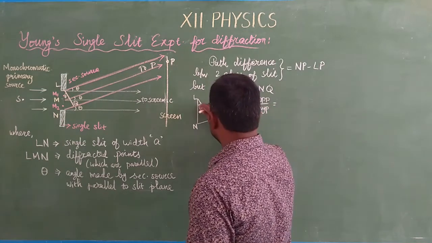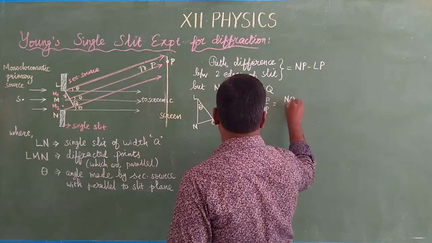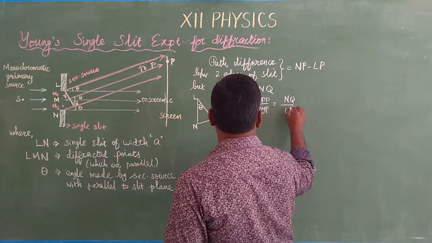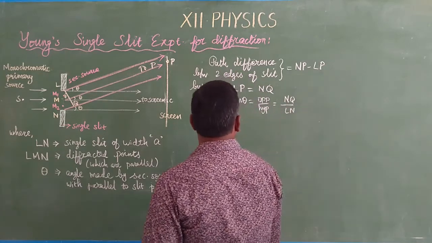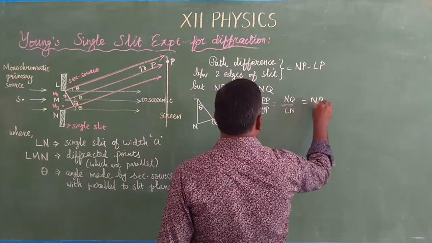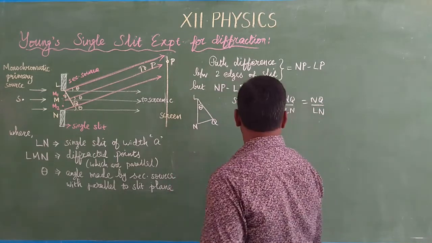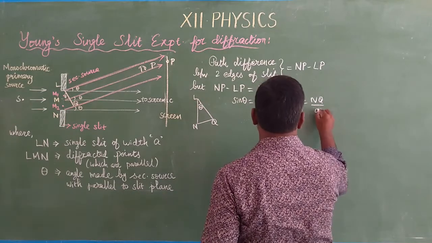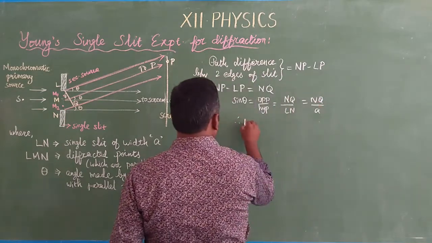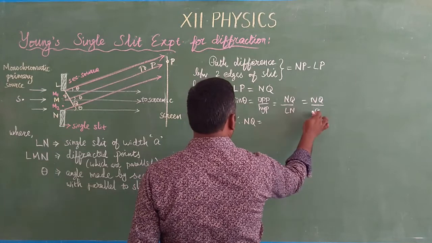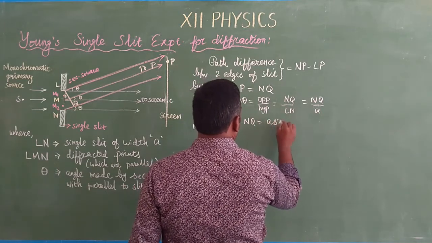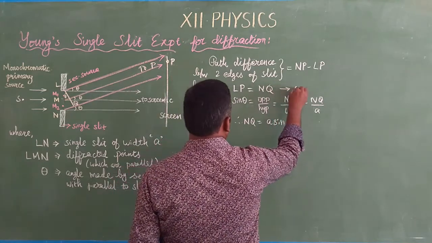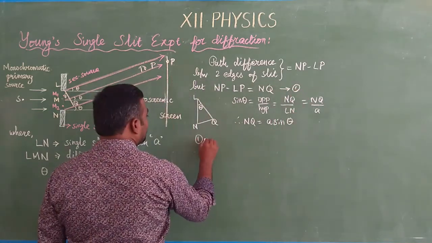The opposite is NQ, divided by the hypotenuse LN. LN is nothing but the slit width, which is a. Therefore NQ is equal to a sin theta. Substitute in this formula 1, so the path difference becomes